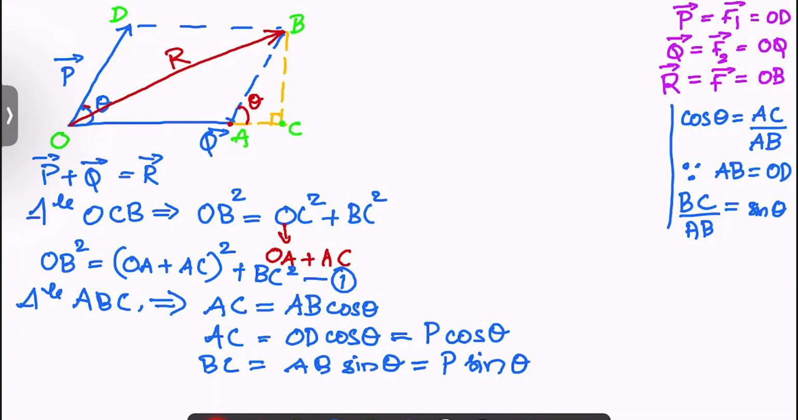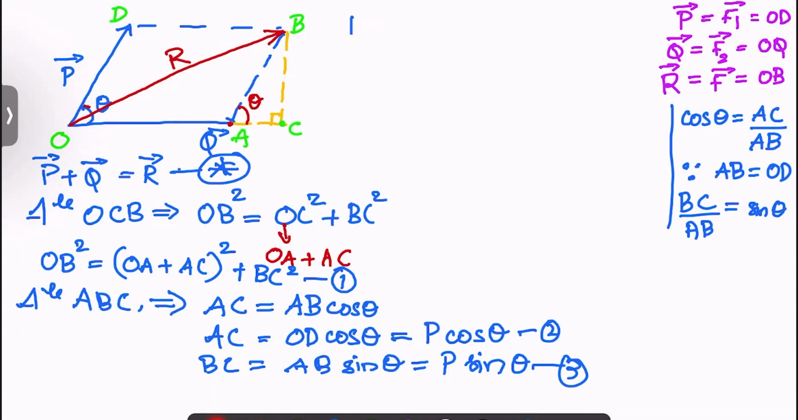Now, magnitude of resultant. So we know this one equation is there, that we know. So we know this equation and we know these substitutions, right? 2 and 3. Now substituting, we know R equals,